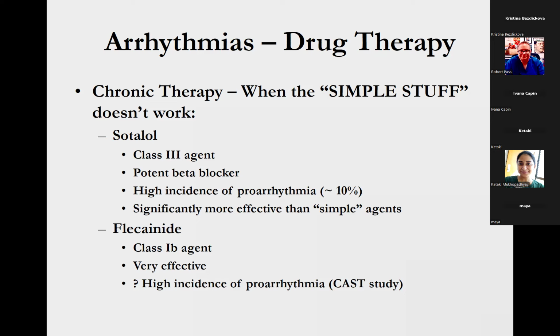One of the reasons that electrophysiologists and cardiologists lean on sotalol a little bit more than flecainide is because sotalol comes professionally made by the company as a solution. So it's a little bit more of a stable compound, and it is a more reliable compound, but probably for some arrhythmias and in some patients may be less effective.